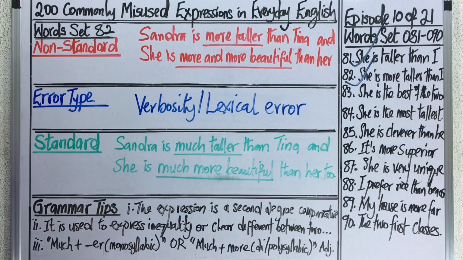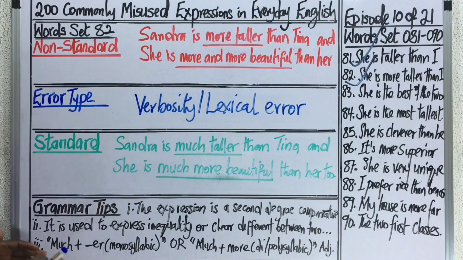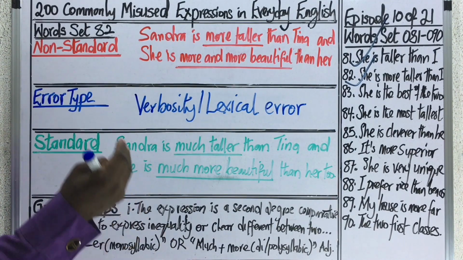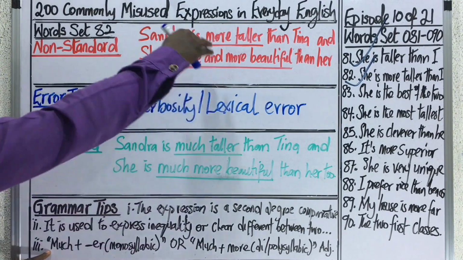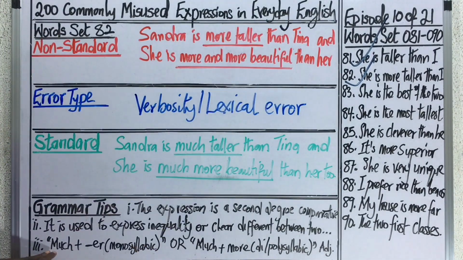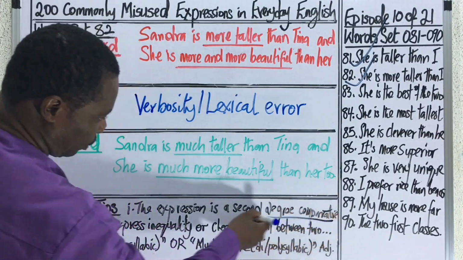Now, it is very simple. When you want to get to that level of usage, you must understand that "much" may be used with an adjective with ER, an adjective that already has ER, that is a monosyllabic adjective. You know, at comparative level, you simply add ER, and at superlative level, you add EST. So at comparative level, which is what we need here, because it is still two items that are being described in this expression, you are going to use "much" with the adjective to express second degree comparative description.